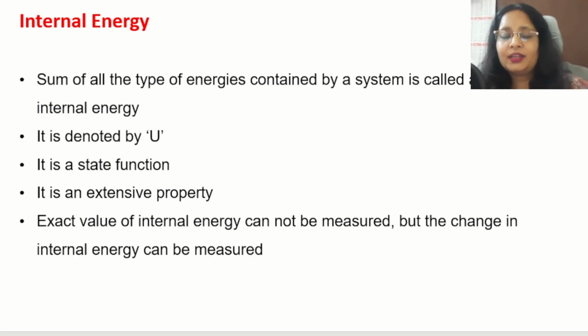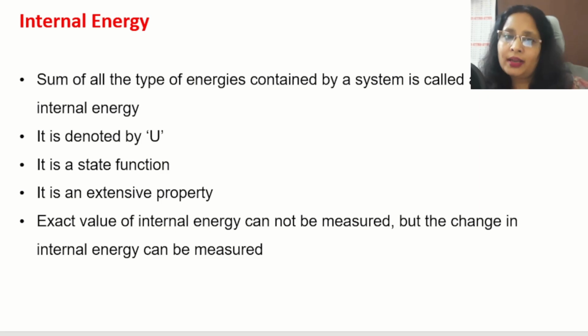Internal energy. What is that? According to the definition, the sum of all the types of energies contained by a system is called its internal energy. Now let's understand: if we have a container and some liquid inside, that liquid is made up of small particles. We studied earlier that any matter is made up of particles. Each particle has its own energy. Together all the particles make the liquid, and that liquid has its own energy,